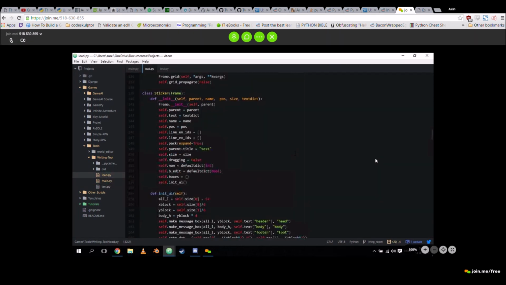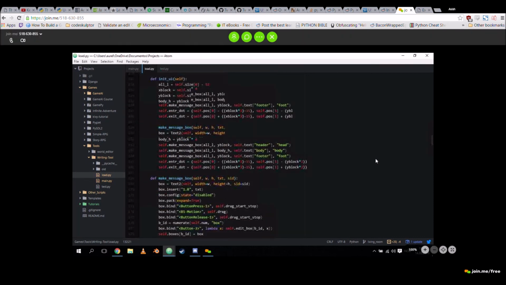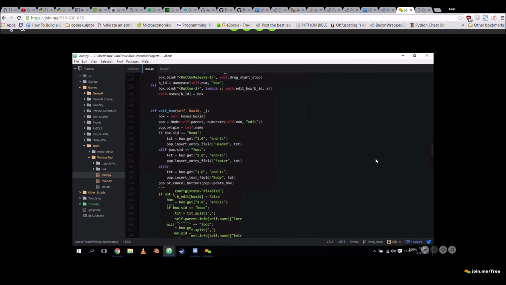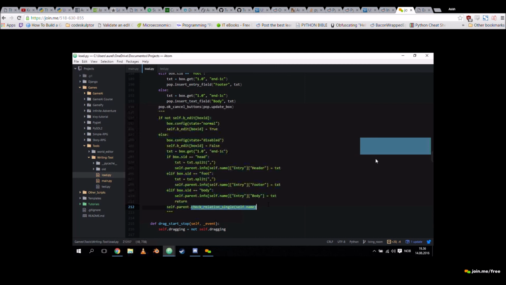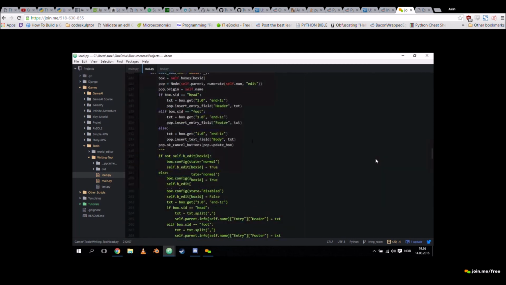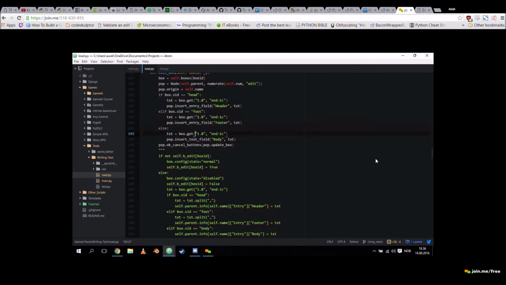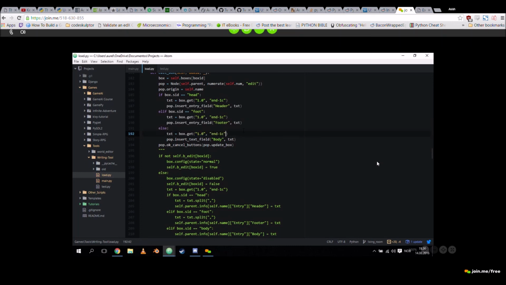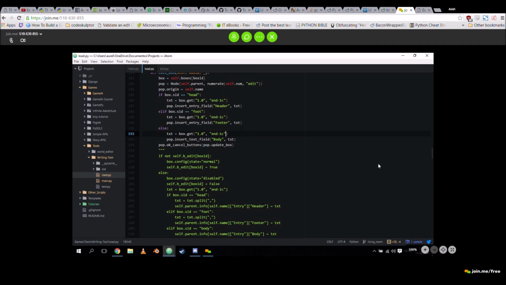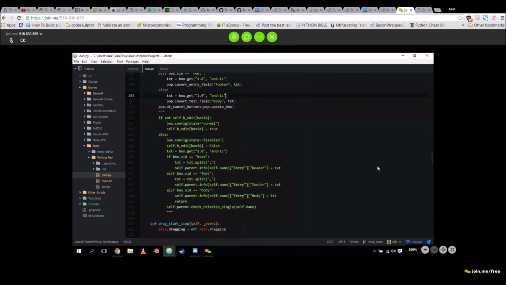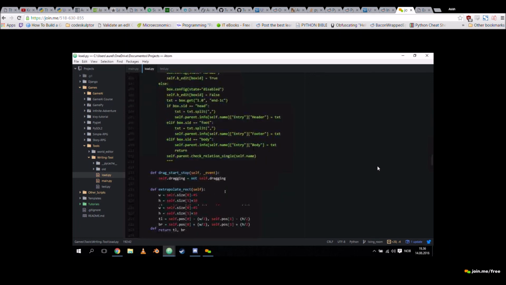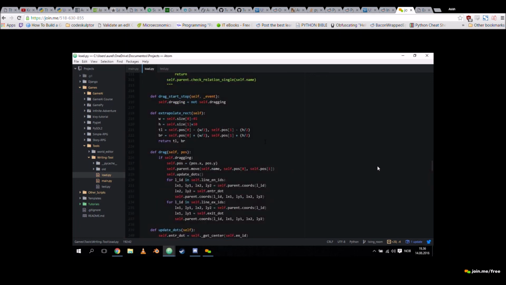So that's our sticker. It's got our make message box. This is all the edit stuff. This is the old way I used to edit, and here's the new way. So this is something that I'm in the middle of, as you can tell. And here we got all the gets. You get from 1.0, you end to end -1C. So it's a way to, I think you don't get the last line or something like that. Like you leave a little bit off the top. Yeah, no, there's always a trailing space or something that you can cut, something like that.